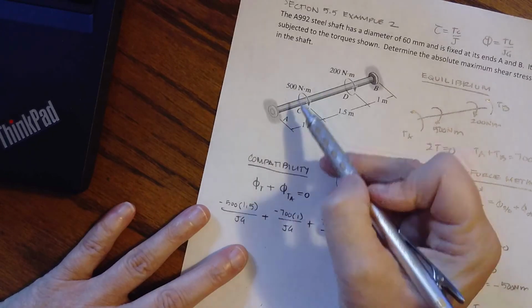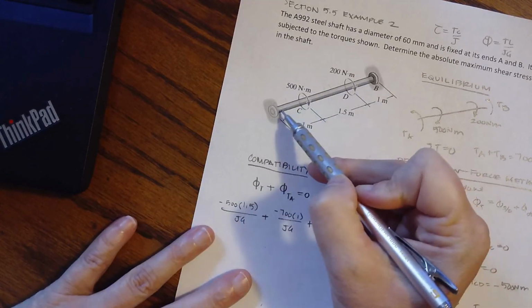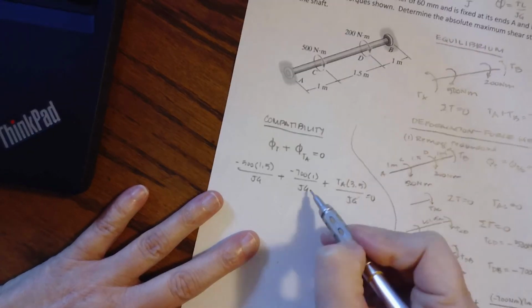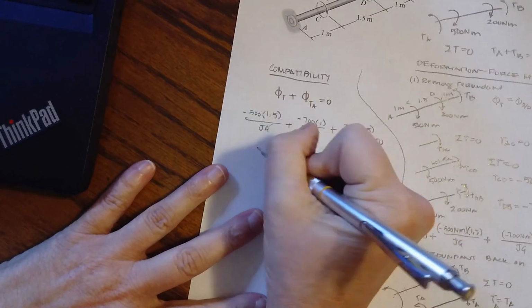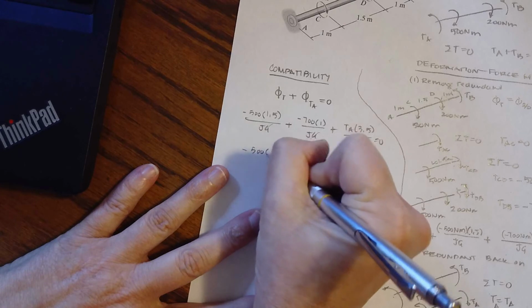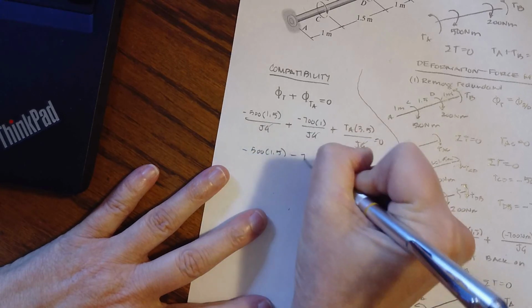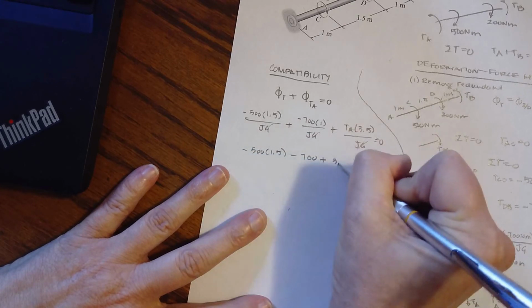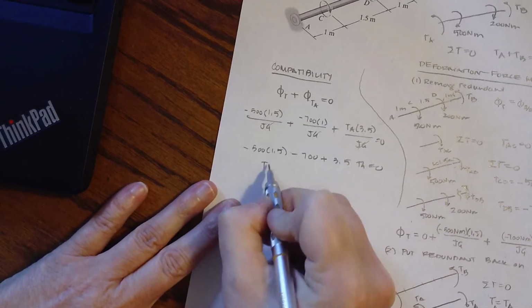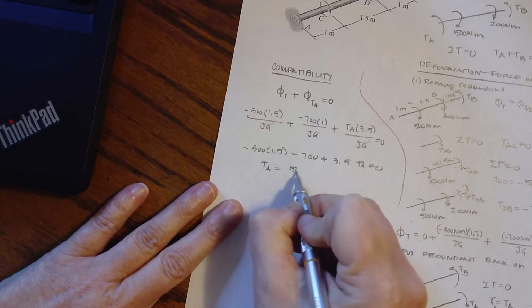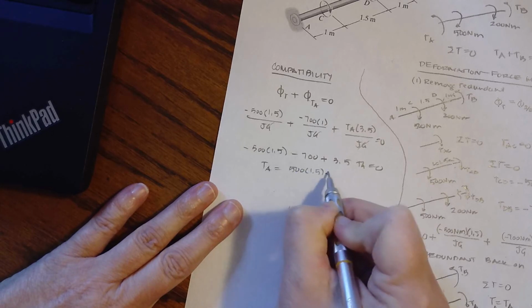Well, the beauty of this being the same material and the same diameter is that these are constant. We can multiply through and get rid of them. And I now have negative 500 times 1.5 minus 700 plus 3.5 TA equals 0. So TA equals 500 times 1.5 plus 700